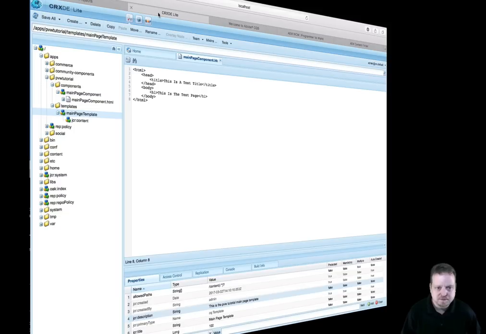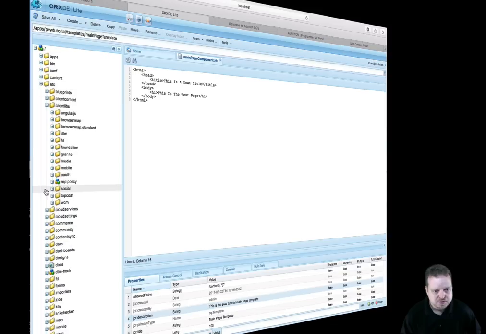We just created a very simple template. Later, we'll put spots in here where the users can drag stuff, and then we'll build a component to allow them to drag it in there. And like I said, I'm going to use something like Zurb Foundation or something that's not built into CQ already, because when it comes to, like, let's go to Etc Client Libs,